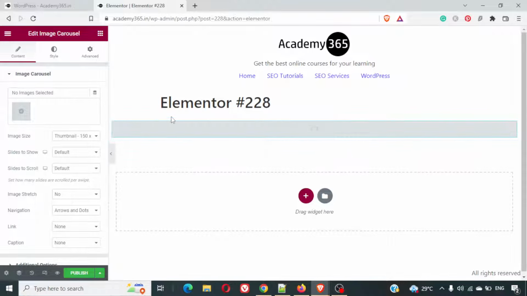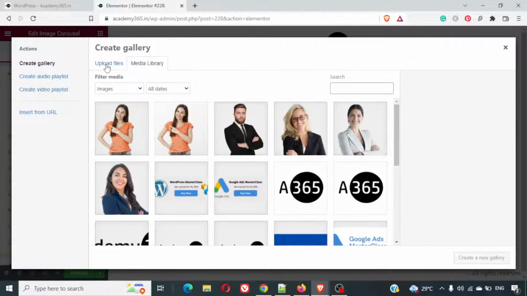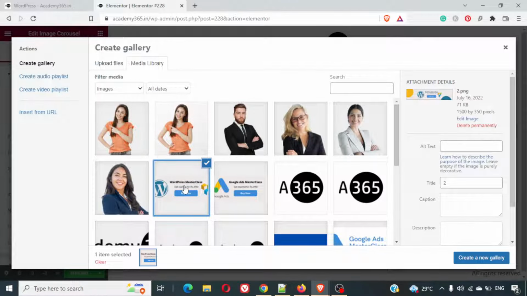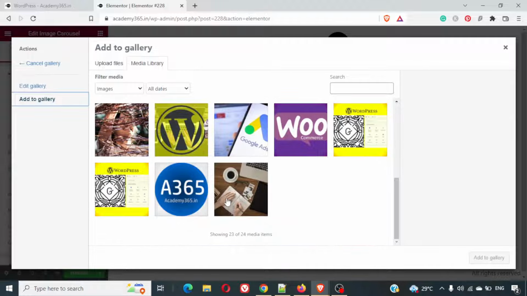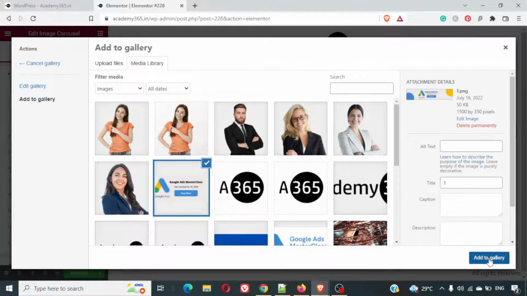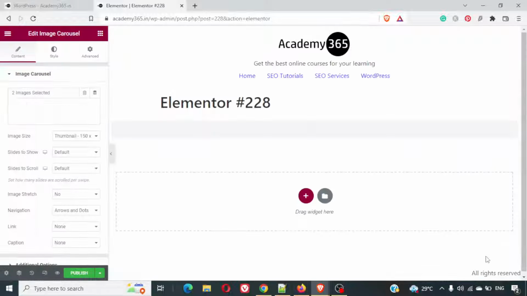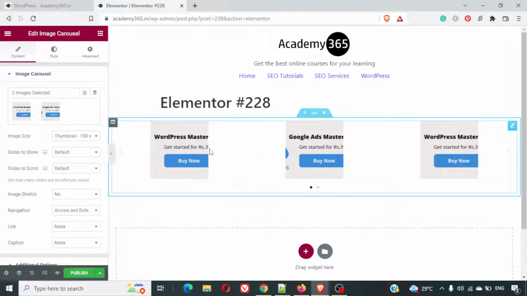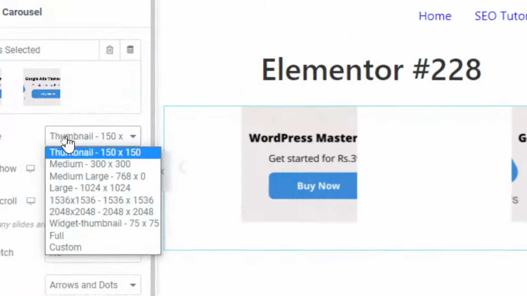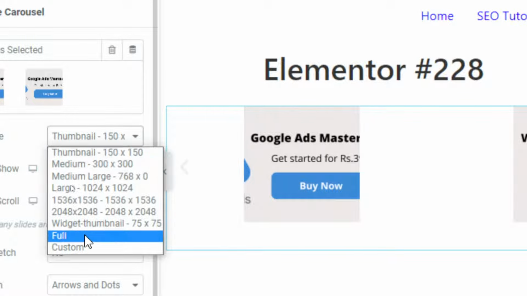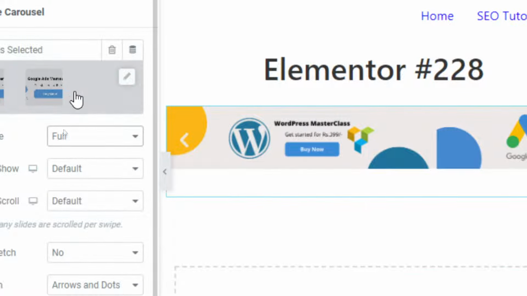Okay, now here we'll have to click on the plus sign, and we can add the images from the media library. I've already got a couple of images which are created, so I'll be using those images only. I'll add one more image, and I think this image is there. So these two images I've added, and I'll just click on insert to gallery, and here you can see we are seeing half images, but we want so here we have to select the image size. So you can select the full size here, and